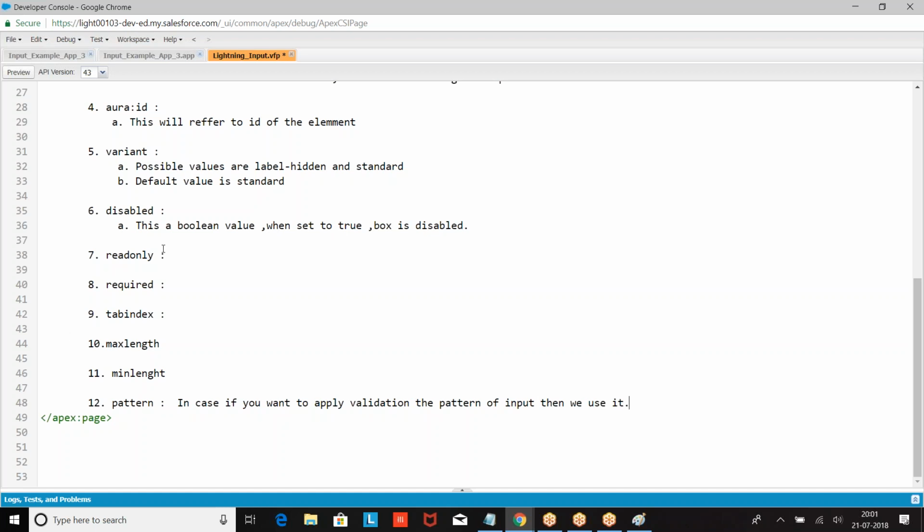right, boss. The rest of the properties are clear from their names, right? So what are those? Read only, required, tab index, max length, min length. These are the properties, right? I hope everyone is good with this. So I'll just copy one example here. You can go through it. So tomorrow we'll see